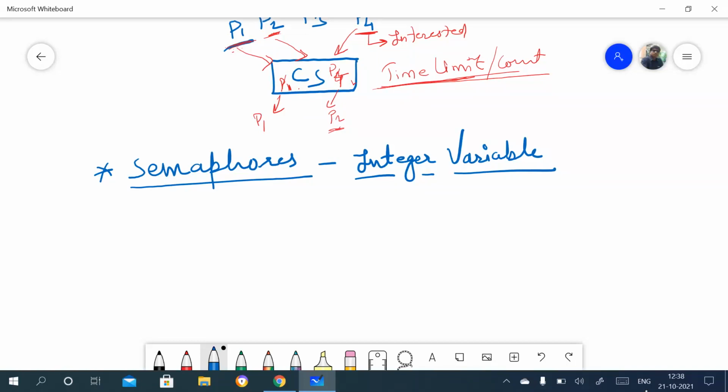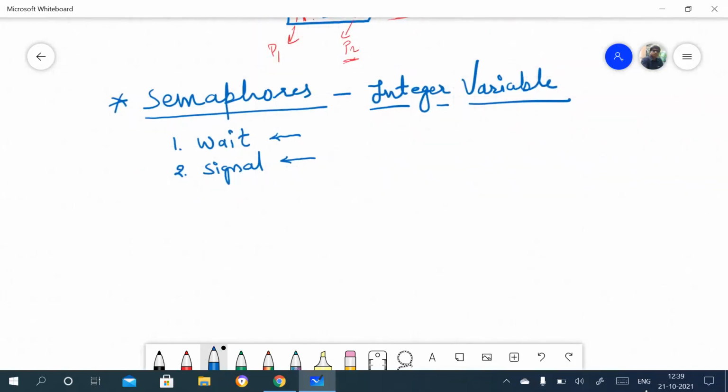So first is wait, and second one is signal. These are the two operations. Using these two operations, we can solve that critical section problem. So here I'll write the function for wait and the function for signal, right?